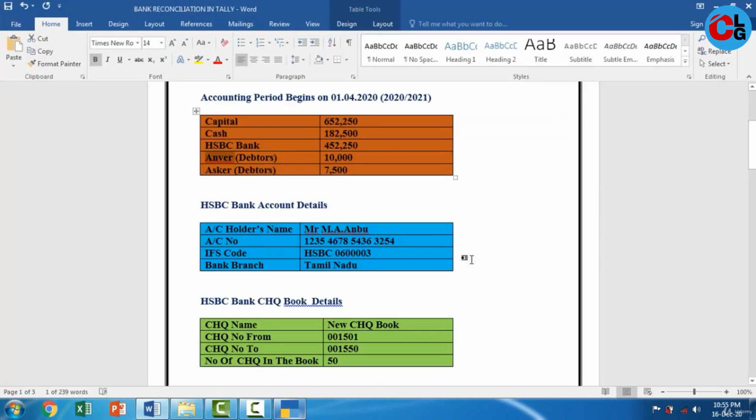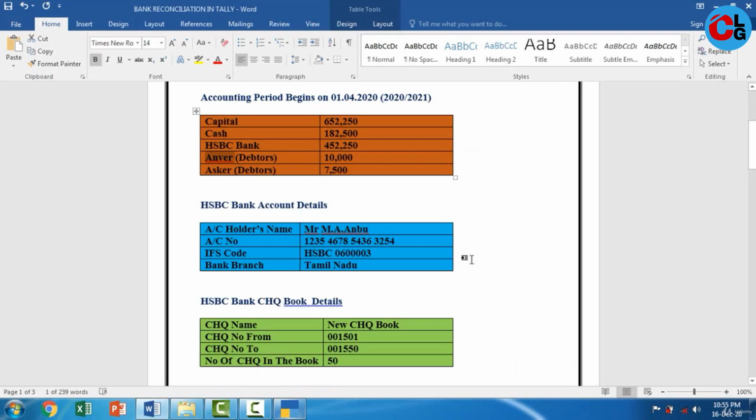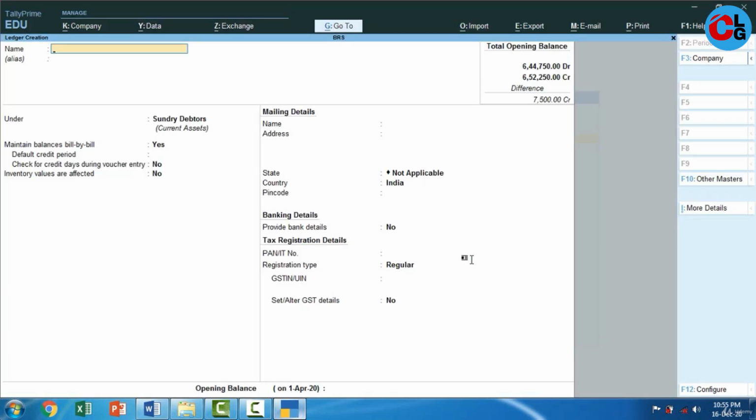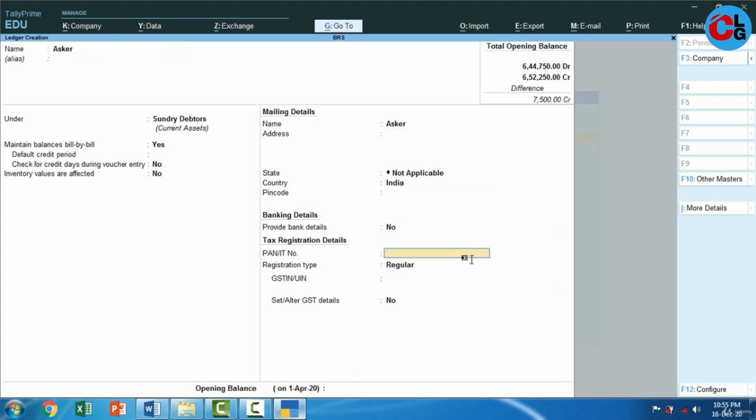The next one is Oscar, 7500. So I am going to create another debtor. Oscar is coming under Sundry Debtors, and 7500 he needs to pay us, right? So I have created. So you can see here the opening balance